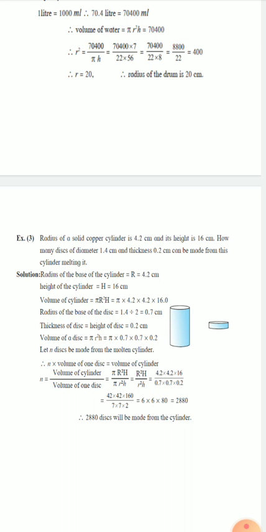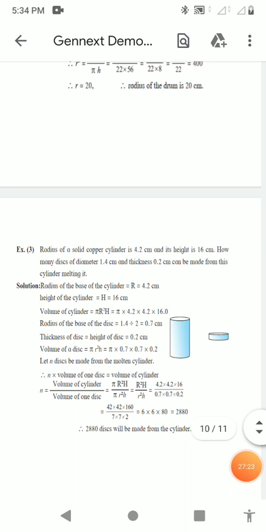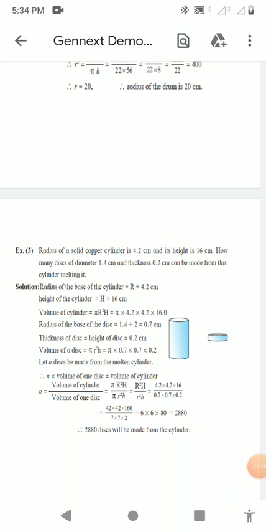So it becomes 7 sixes are 42 and 7 sixes are 42, and 2160 divided by 2 becomes 80. So 6 into 6 into 80 becomes 2880. So this many discs, that is 2880 discs, will be made from the cylinder. So when I use this complete copper cylinder to make the discs, near about 2880 discs can be made of the required